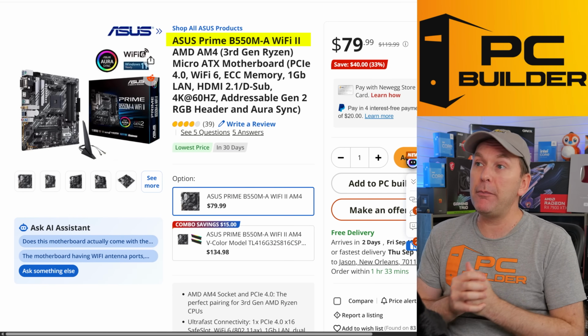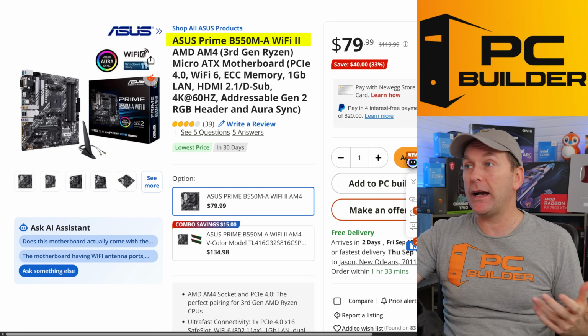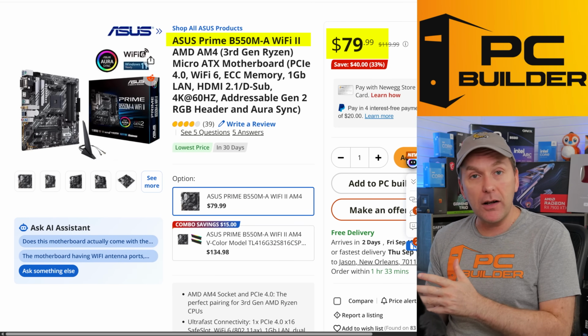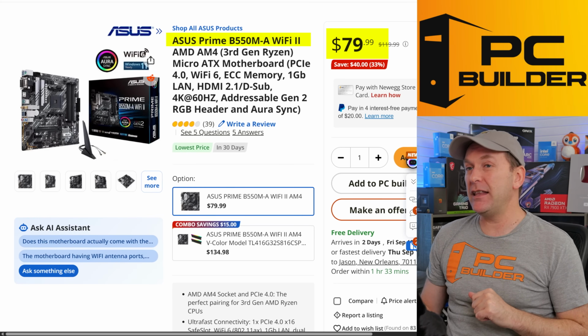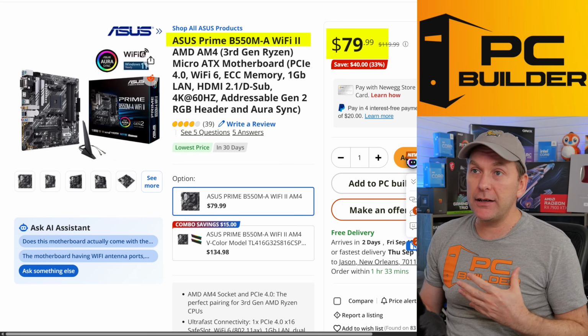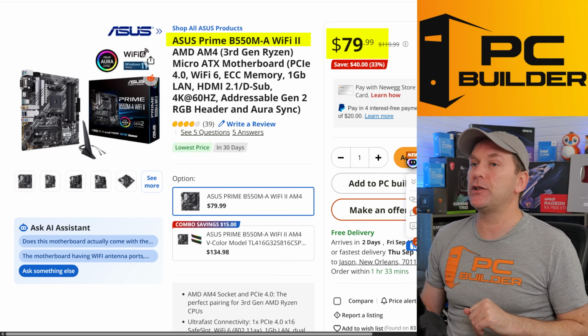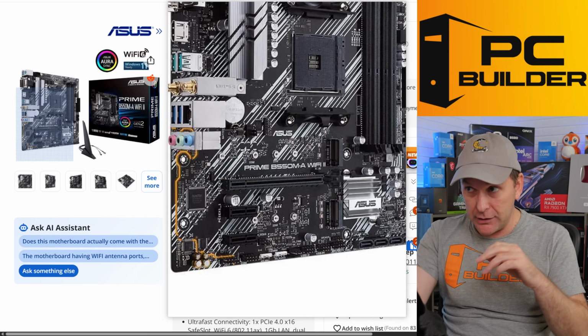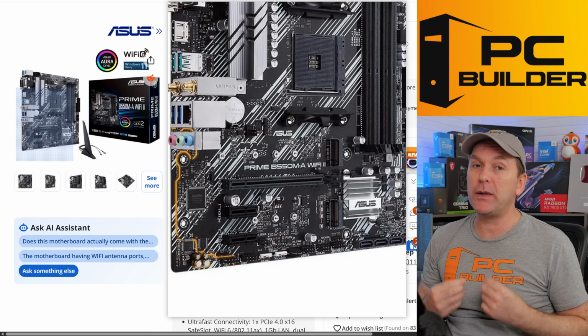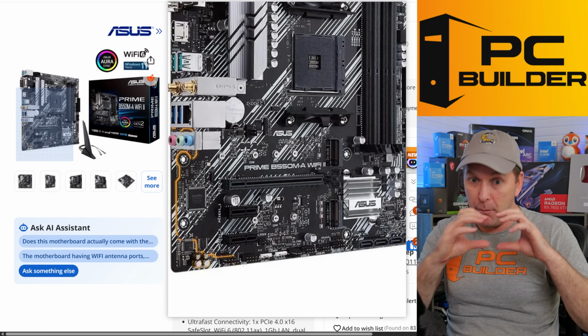I like the ASUS Prime B550 M.2 Wi-Fi 2 right now, $79. It's on sale, but these boards kind of rotate in terms of what goes on sale, so check those links in the video description. The only downside to this particular board, it does come with Wi-Fi, which is super nice, is that the main PCIe slot is not reinforced. It's just plastic there. There's no metal reinforcement,